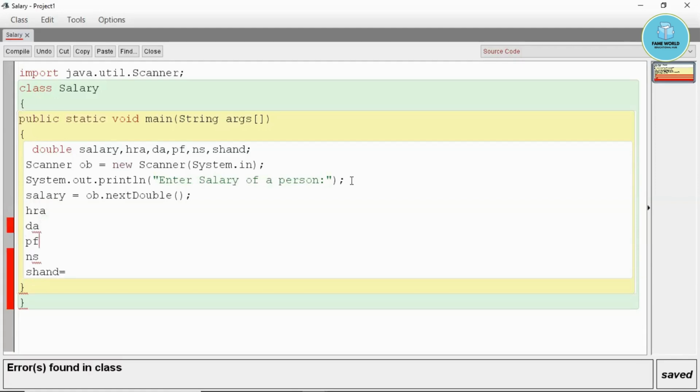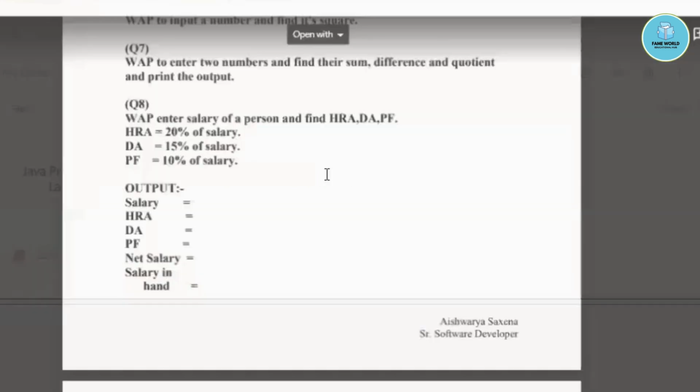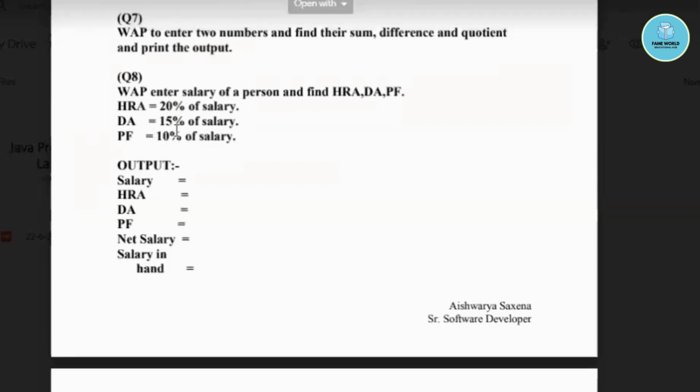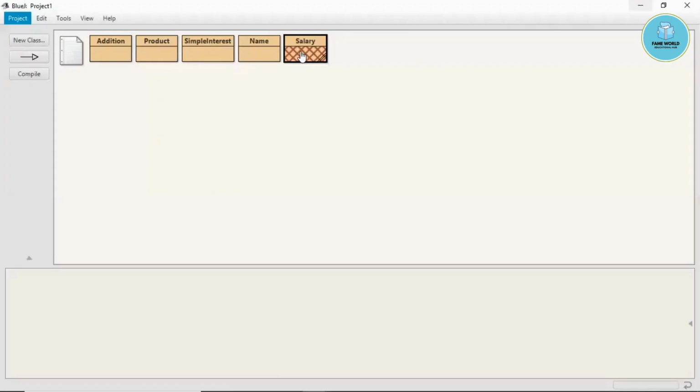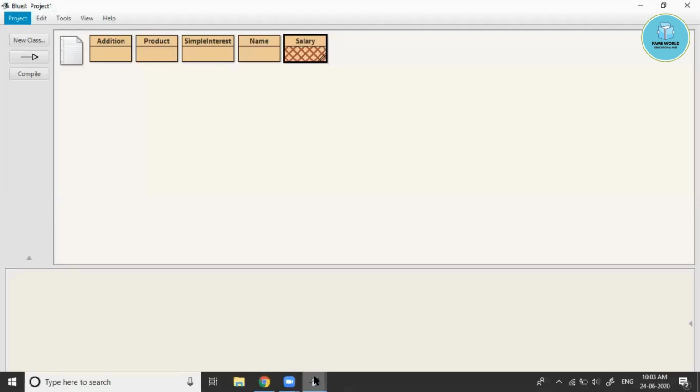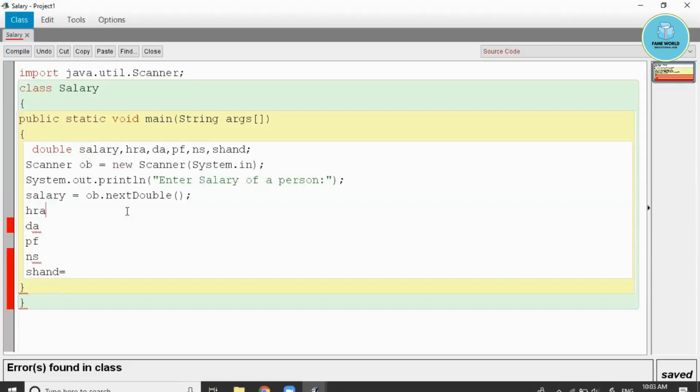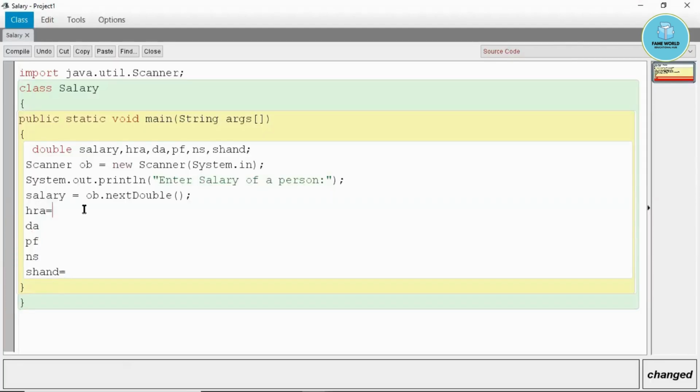The formula for HRA here is that we have to calculate 20% of the salary. Then DA is 15% of the salary, and for PF we have to calculate 10% of the salary. Accordingly, for HRA I'm taking 20%, so I can write 0.20 into salary.